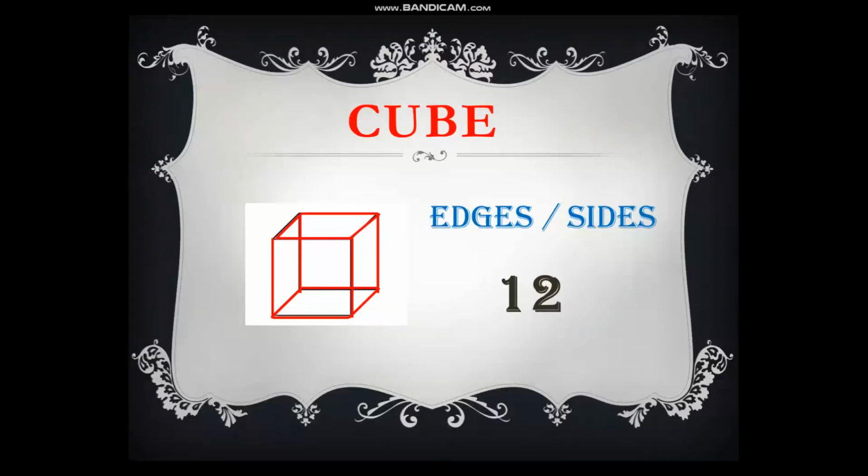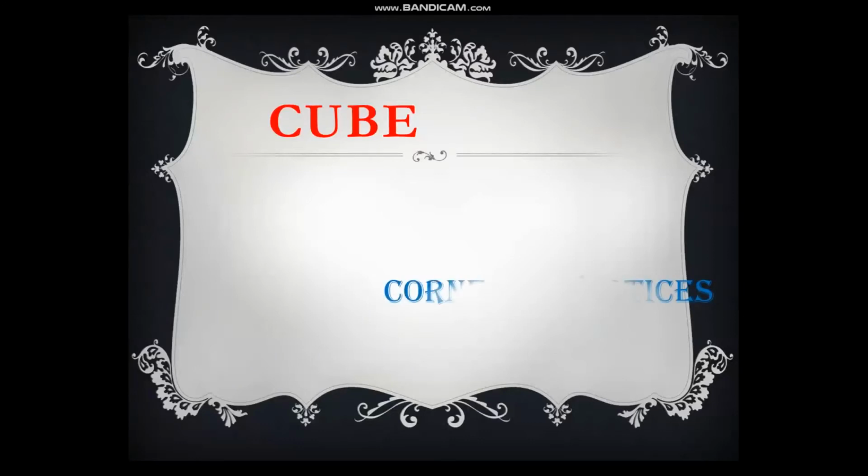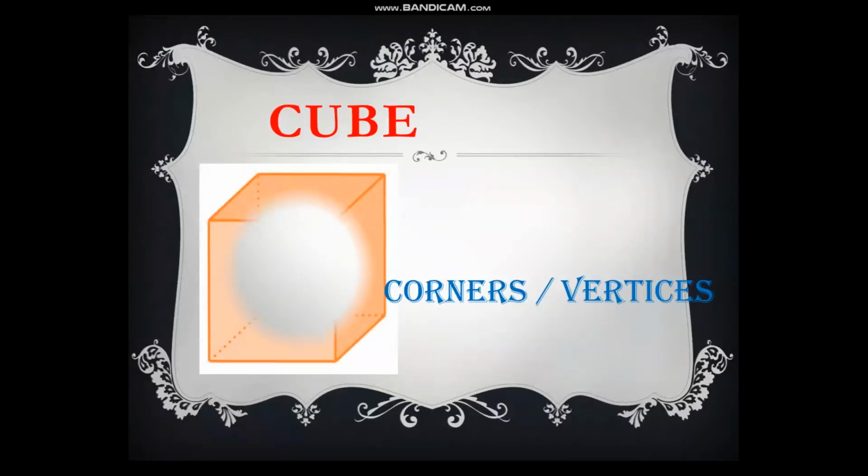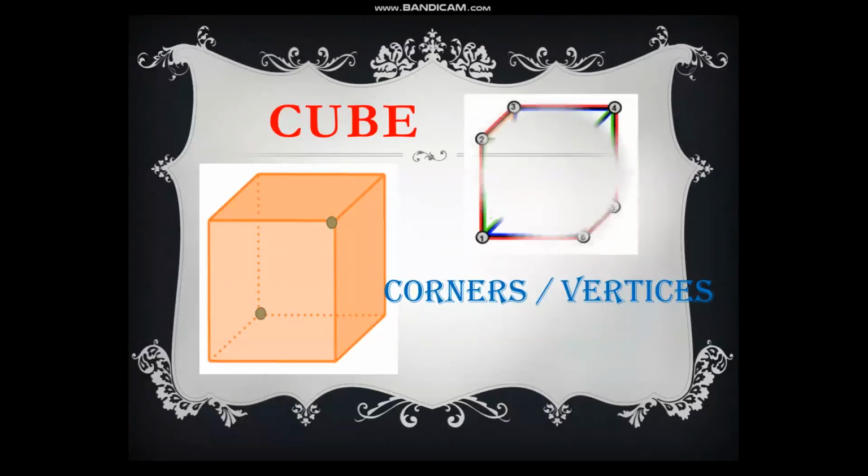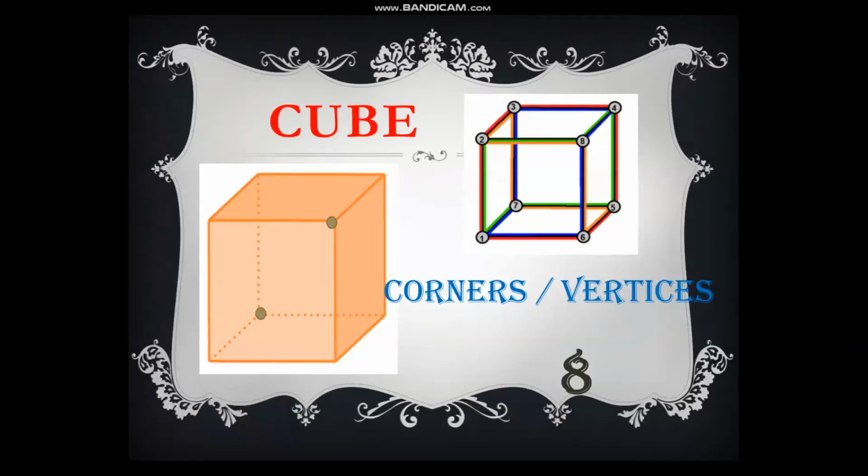Okay, now we are going to find out the number of corners, and these corners are also called vertices. A corner is called a vertex and the plural of vertex is vertices. And see, where two edges meet, means two sides, where two edges meet, there is a corner. For example, here, or you can say here. So if you look at all the edges, they are meeting at 8 different points, so we can say that a cube has 8 corners or 8 vertices, right?